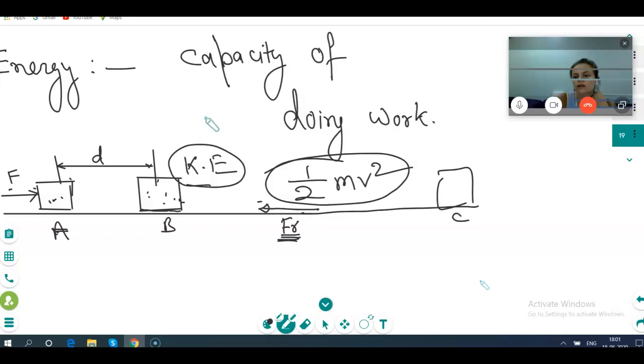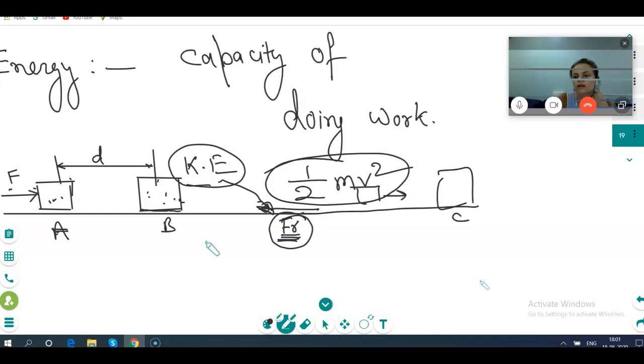Yes. So here friction is working left and displacement is right. Am I right? It is doing negative work, and it's consuming all your kinetic energy. Correct? Am I right? Yes.